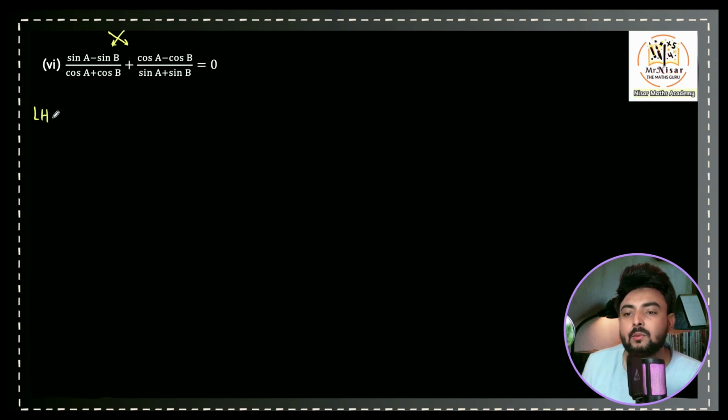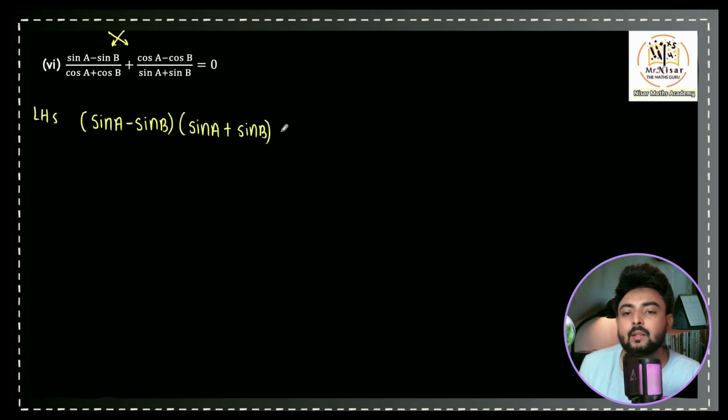So if I cross multiply, I'll write here in the first bracket sin a minus sin b into sin a plus sin b, plus in the second bracket I have cos a minus cos b into cos a plus cos b